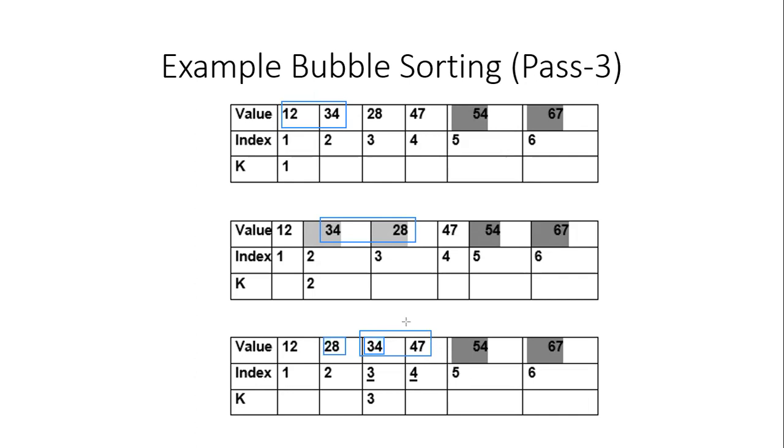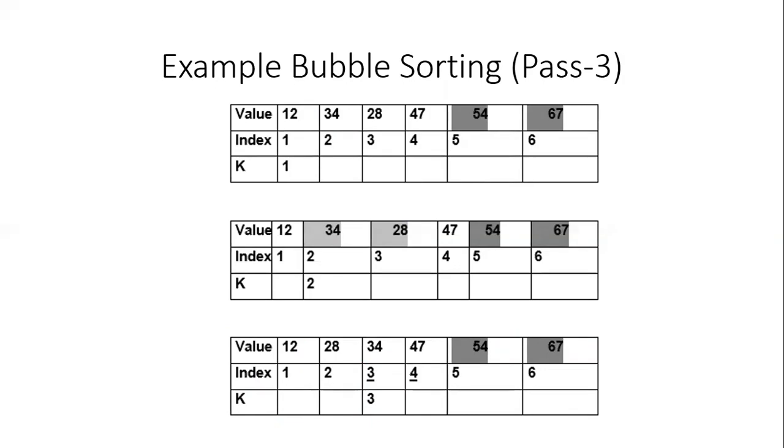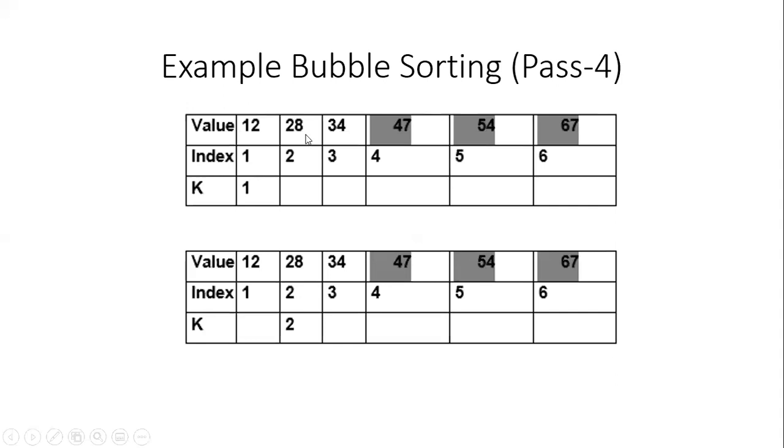There is no need to swap as 34 is smaller than 47. So what we get here is that 47, 54 and 67 have been sorted, and our unsorted list has been reduced to 3 elements. Now you can see that the unsorted list is also sorted because it is already in the sorted form. But the bubble sort algorithm does not take that into consideration, and it will complete all the steps even if the list is sorted. So what will happen in the next step? We are going to perform the two comparisons. In both the comparisons, there will be no interchange.